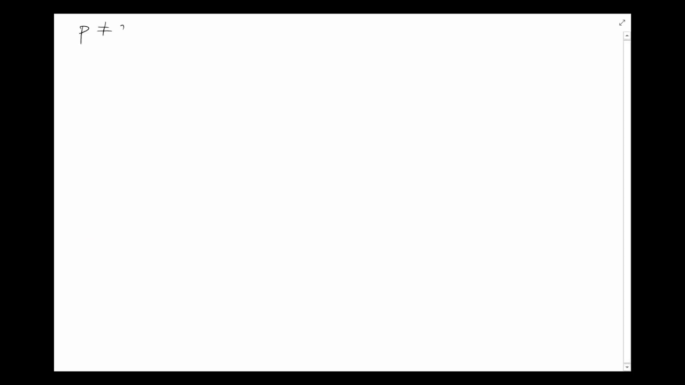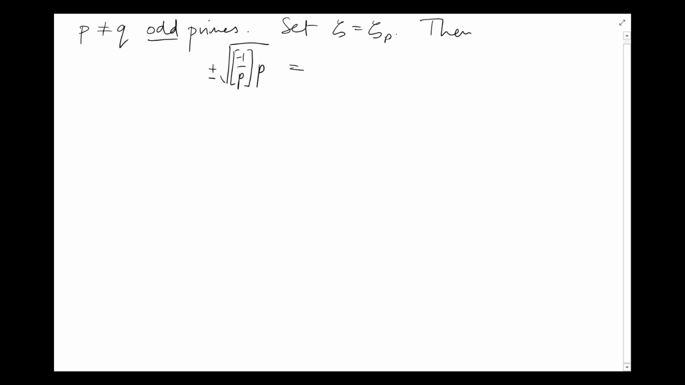Let p and q be distinct odd primes. Let zeta be a pth root of unity. Then we saw last video that one of the square roots of the Legendre symbol (minus 1 over p) times p is equal to the sum of (i over p) times zeta to the i, as i ranges from 1 to p minus 1. Now there's a plus or minus on the left. It doesn't actually matter which of the two square roots we have because we're about to raise both sides to an even power. In fact, let's raise both sides to the power q plus 1, which is even,